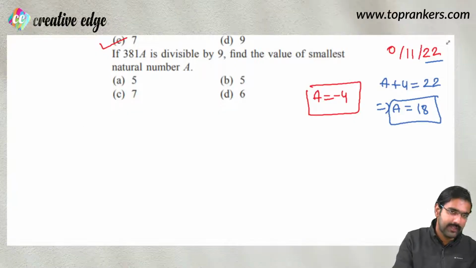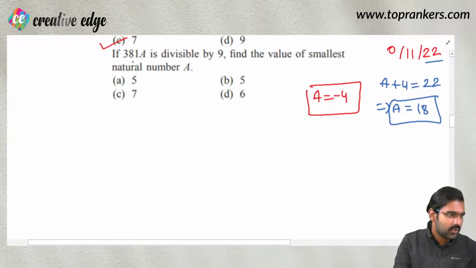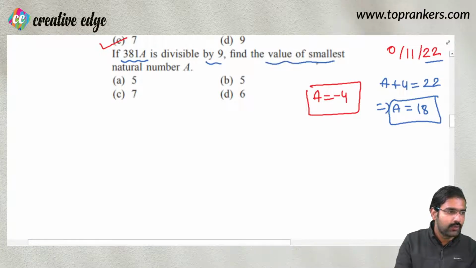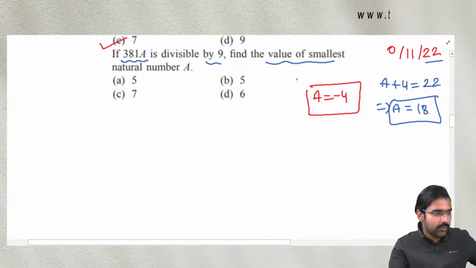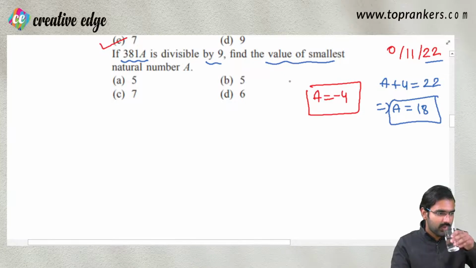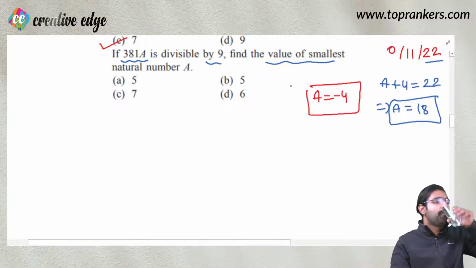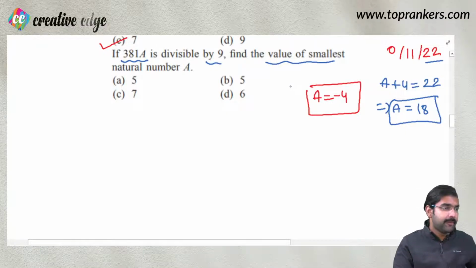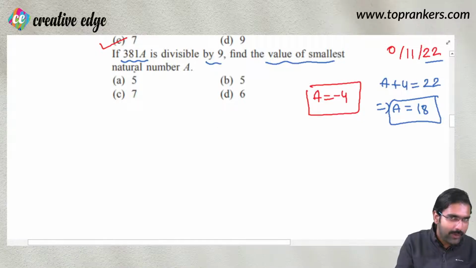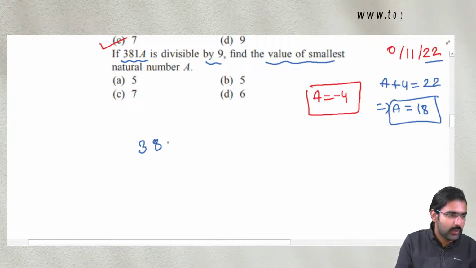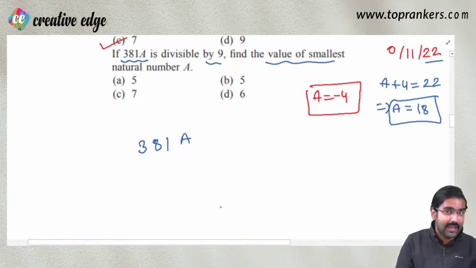अगर आप बहुत ध्यान से देखें, so you will see that we are told that 381a is divisible by 9, then find the value of the smallest natural number a. Give me a moment, everyone. So if this number is divisible by 9, find the value of the smallest natural number a. Now, I hope I need not tell you, the number is 381a, and as we have just learned कि अगर